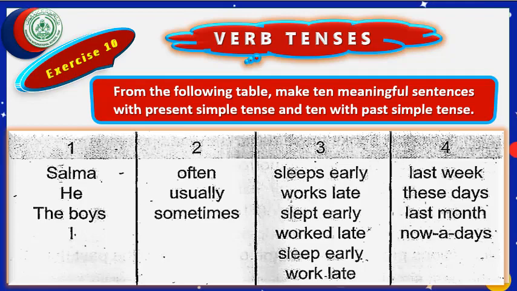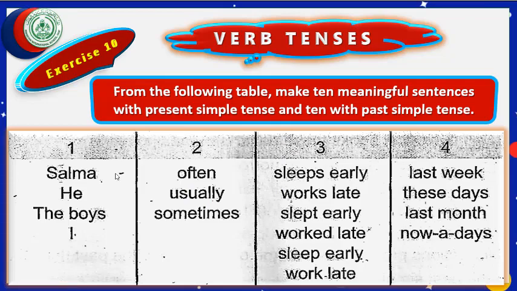I shall read the instructions for you first of all. In instructions, it is written, from the following table, make 10 meaningful sentences with the present simple tense and 10 with past simple tense. You have to make total 20 sentences, 10 of which should be in present simple tense and 10 of which should be in past simple tense. Let us look at them. For example,